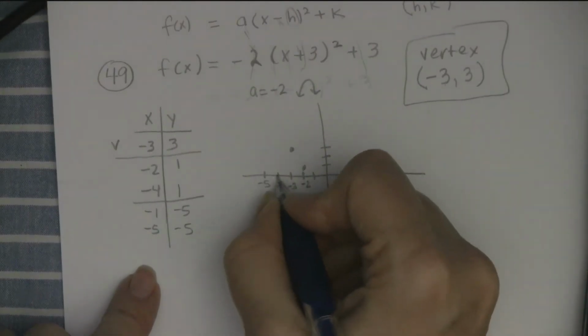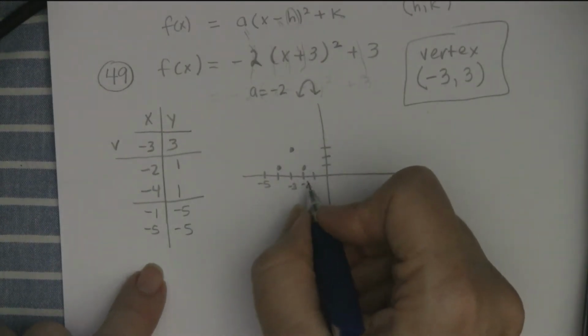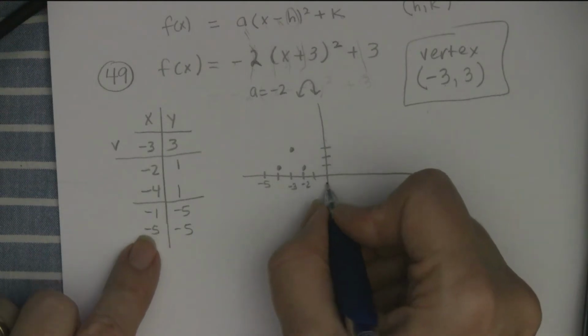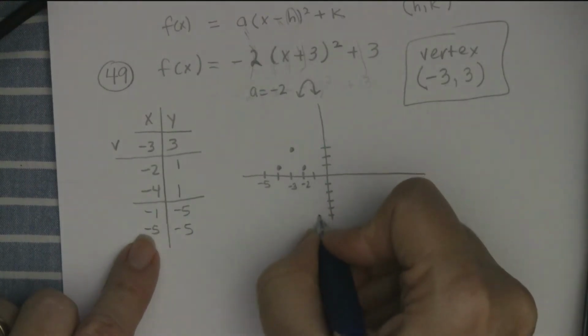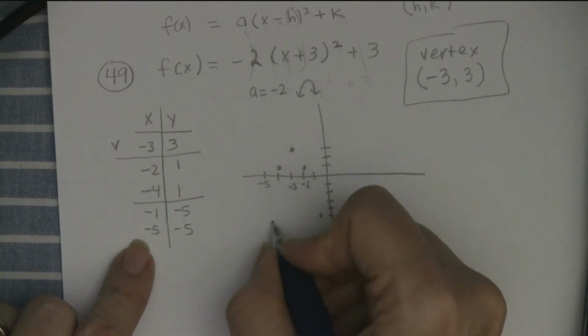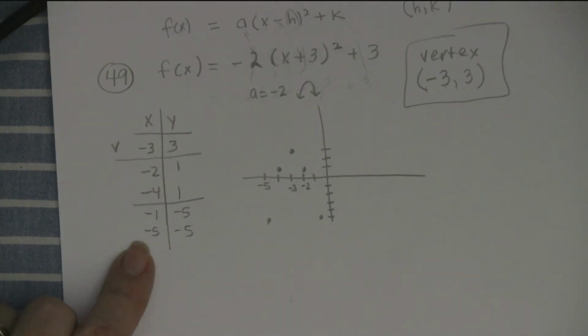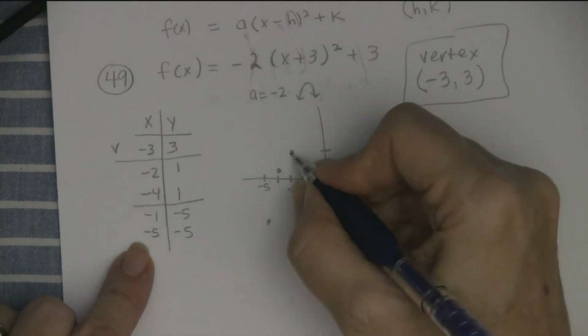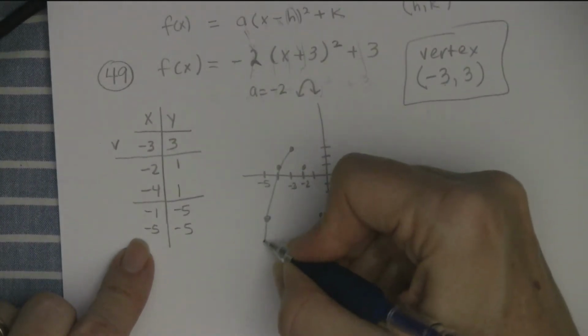And -4, 1, you notice the symmetry. And -1, -5, 1, 2, 3, 4, 5. And I would give you grid paper, of course, and -5, -5 to make it easier to have it line up. But there's my points on my parabola, and I know this is my vertex, so I'm just going to, to the best of my ability,